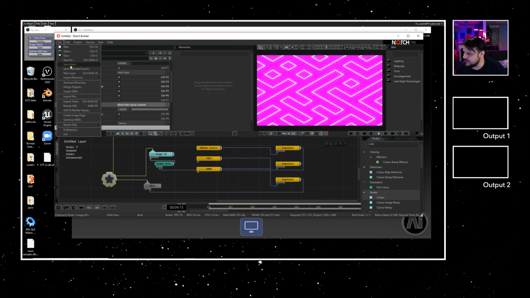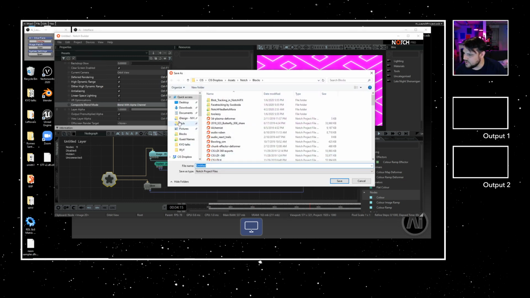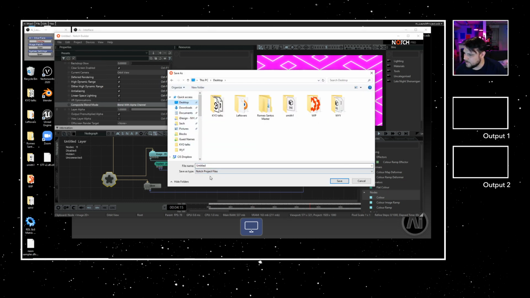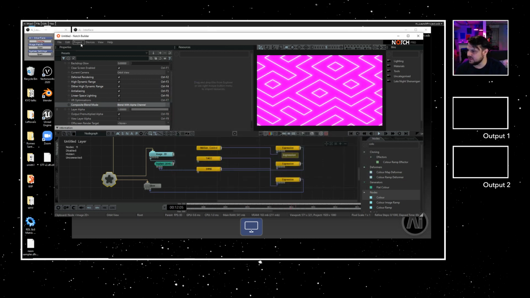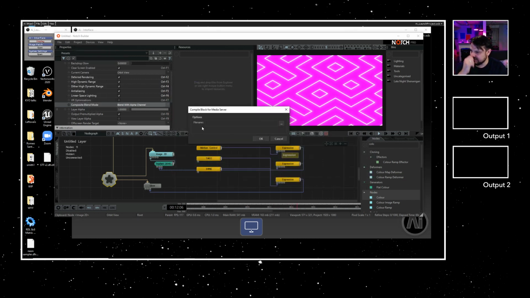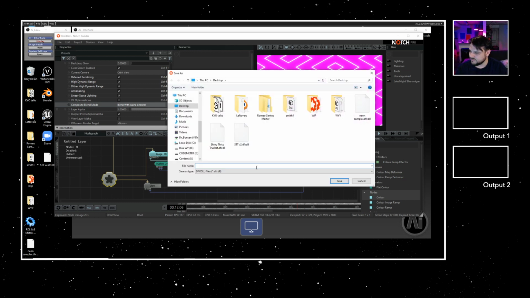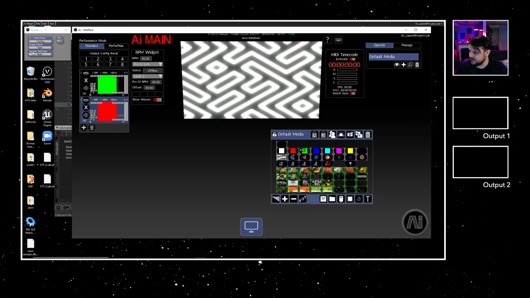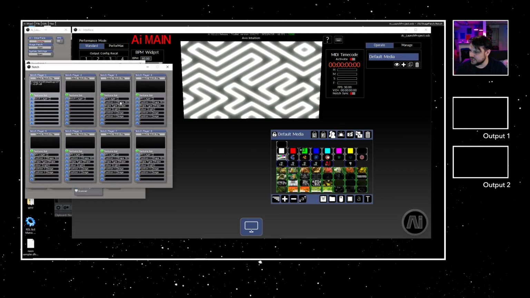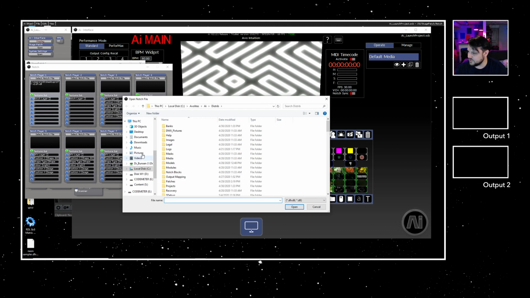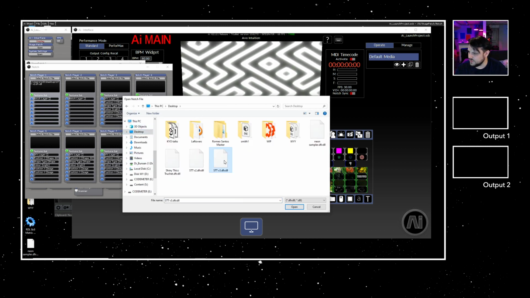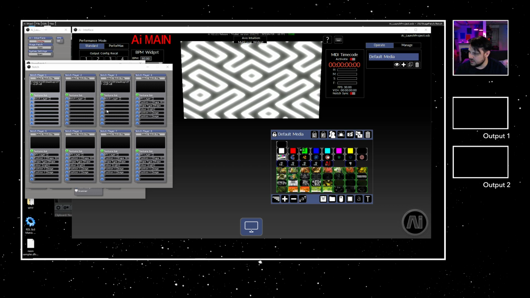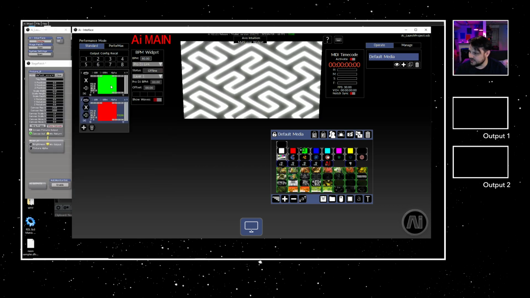So we'll do File, Save As, and we'll call this desktop. No, not save here. The project compile for media server, and we'll call that STTV3. And go ahead and export, and then go over here, and then let's open that. Select Senor Desktop V3. It's loading. It's loaded. Great. And now